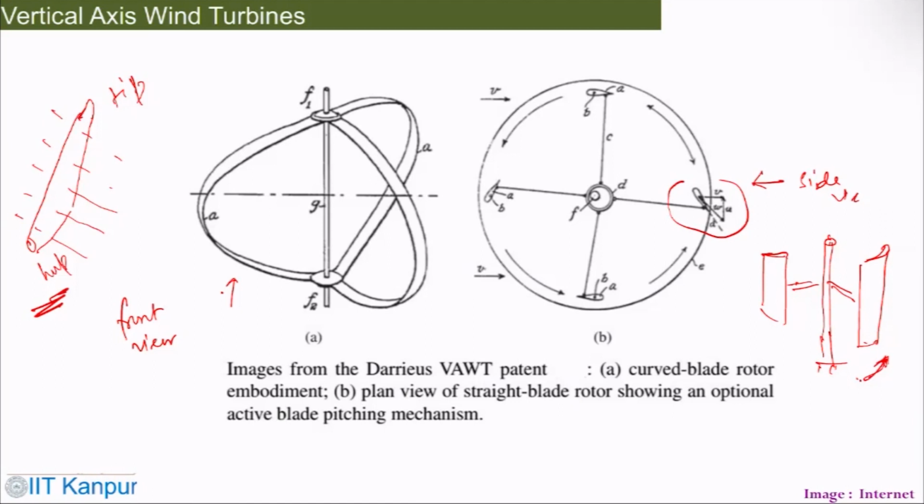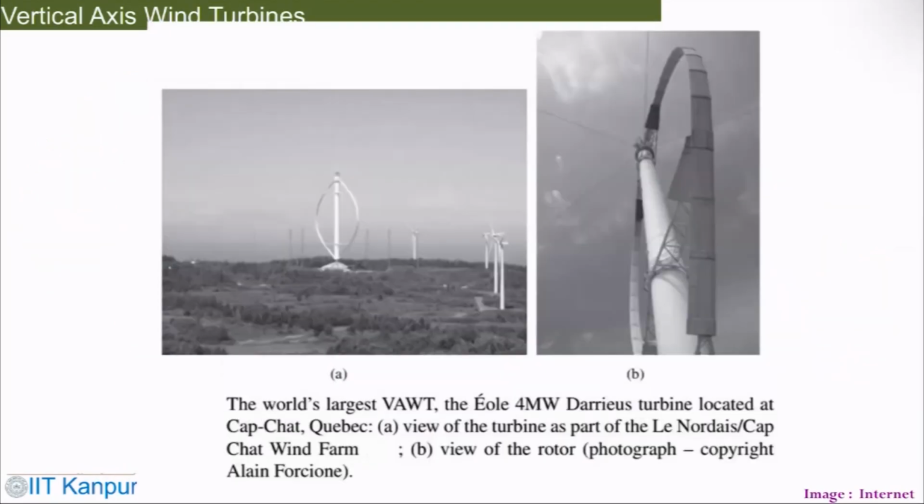Now the point here is that this is the advantage you have compared to the vertical axis wind turbine. In the horizontal axis wind turbine, you can achieve this kind of thing. And here you could see some installation of this kind of curved blade installation. These are curved blades, but installed in a kind of farm, and this closer view shows how big that is.